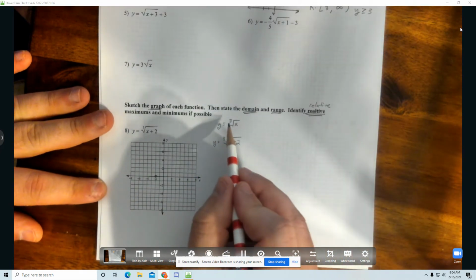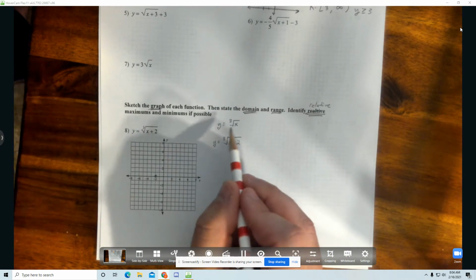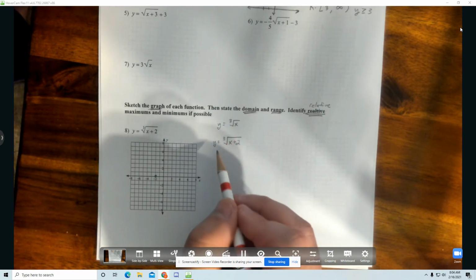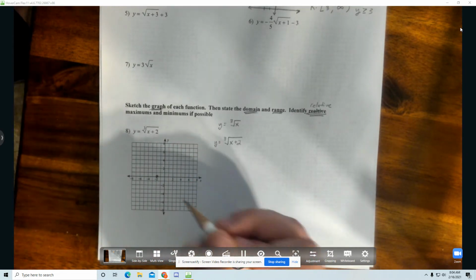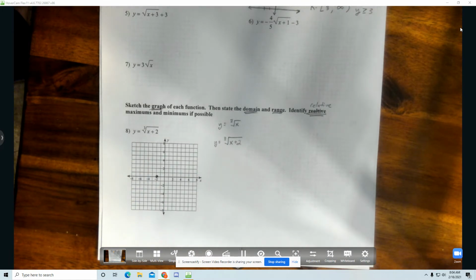So that is already part of the function. So it's not really a transformation, that 3 per se. All right. And so really this graph sort of starts at this point. Now, what does this graph look like? If you were to graph it, it kind of looks like a real flat or sort of winding, chicane-like